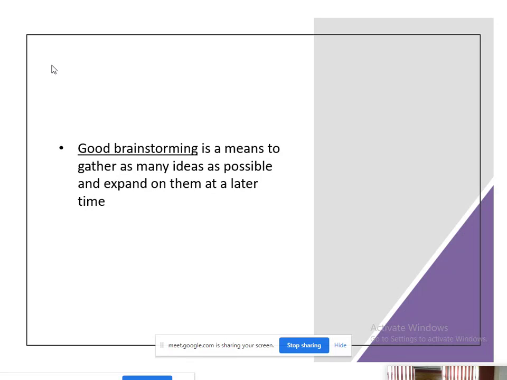So now my topic is good brainstorming, which means to gather as many ideas as possible and expand on them at a later time. Now, what does good brainstorming mean? It means gathering ideas about the market and launching your product with as many ideas as you can, and expanding on them at a later time. For example, we can see that in the entrepreneurship market, now the Sugar company is taking a